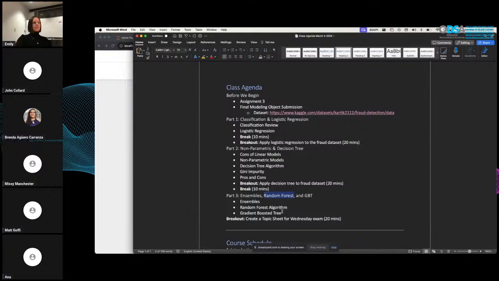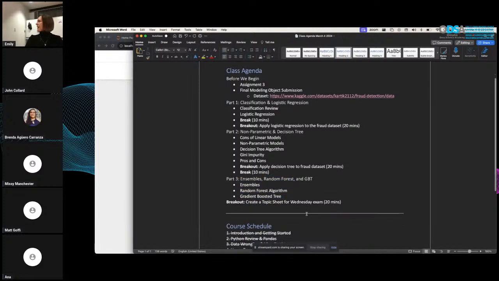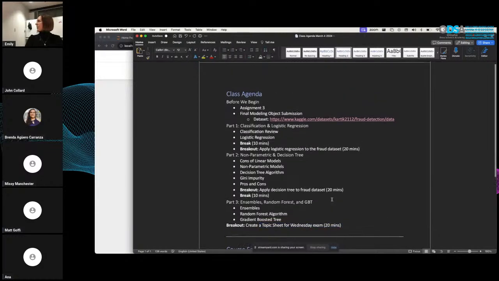In interviews, one thing an interviewer will typically ask, and I ask in my interviews, is can you pick an algorithm of your choice and walk me through the steps of it, like describe the algorithm. I always pick random forest, so I'm going to try to convince you guys that that's a good algorithm to pick today, because I think it's more intuitive to explain than linear regression, verbally at least. So we're going to talk about that, and then we'll spend the last maybe 20, 30 minutes talking about the sheet.